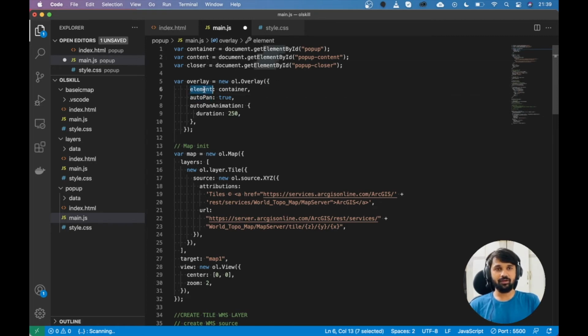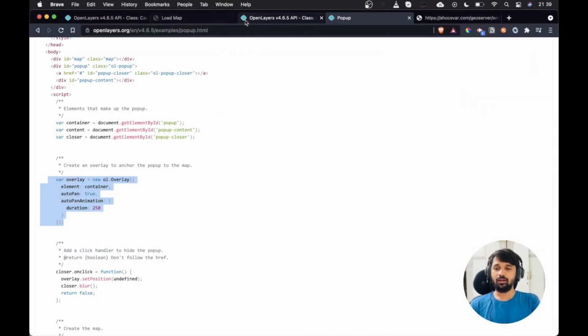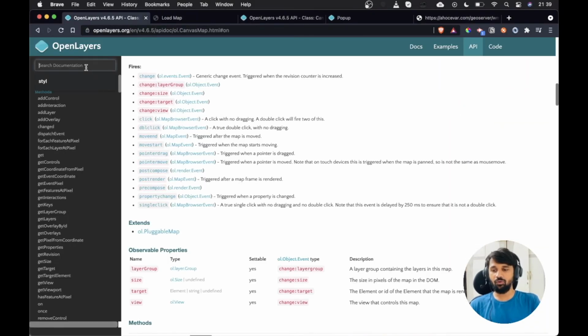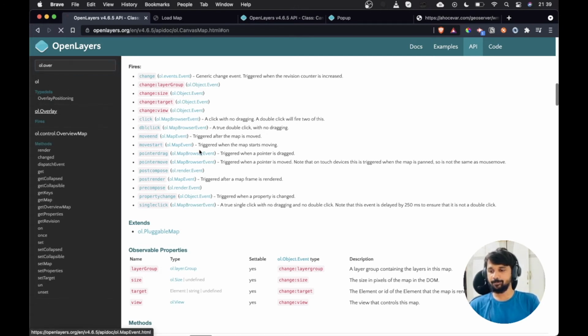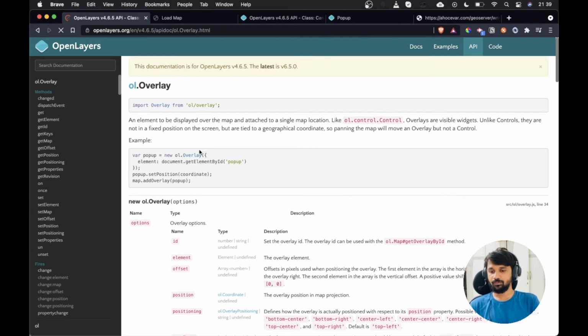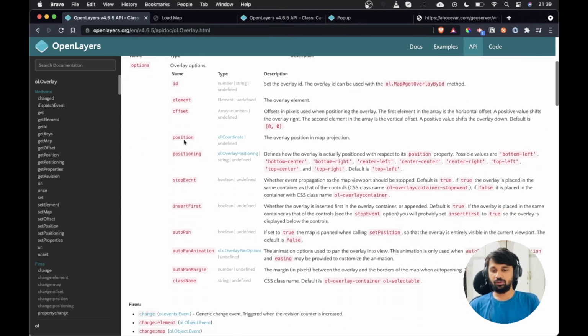Which element are we referring to? This will be the parent div, and then whether it is autopanable and what the duration of the autopan animation is. There are more properties attached to the overlay which we can explore in the API doc. We can also mention the position, the autopan, the class name, and all of these events.